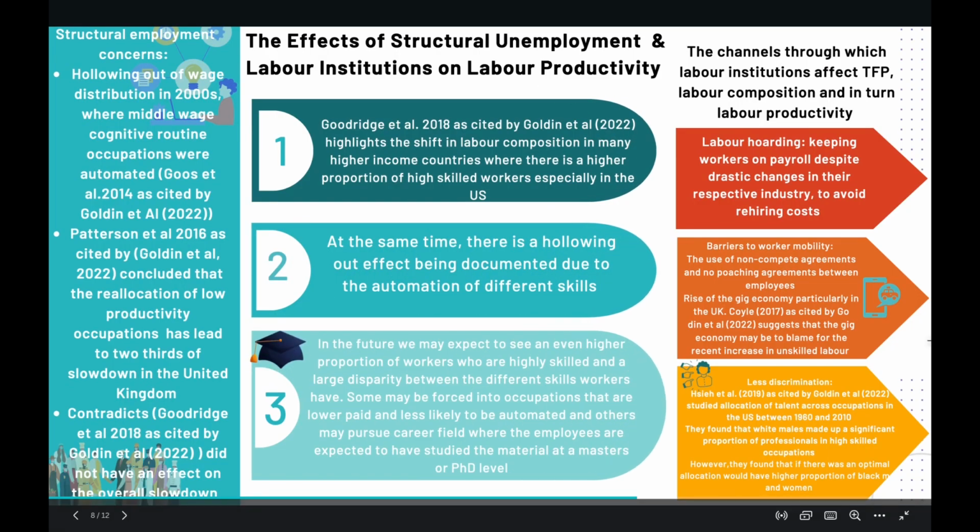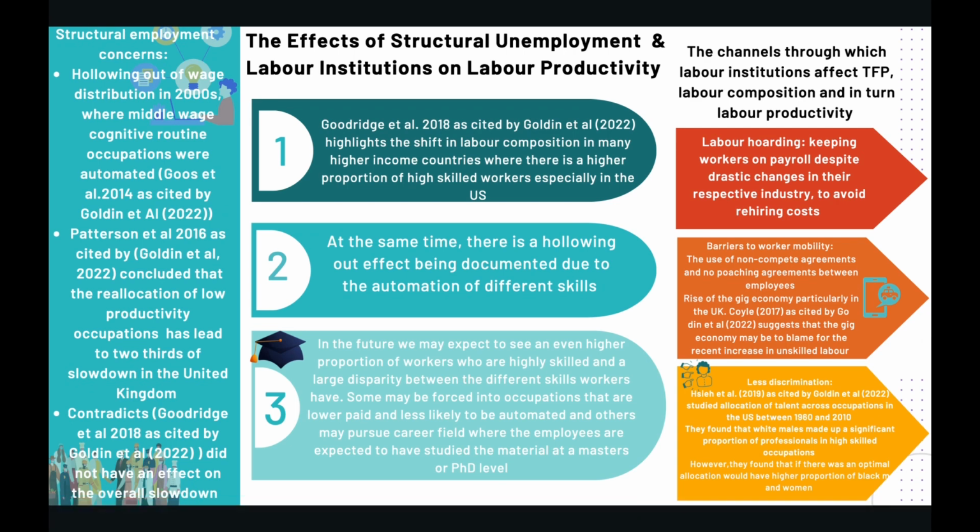Goldin and their co-authors claim that a slowdown in educational attainment is an unfair explanation for the global productivity slowdown. This tends to be a go-to explanation, especially for the United Kingdom's productivity puzzle. Authors